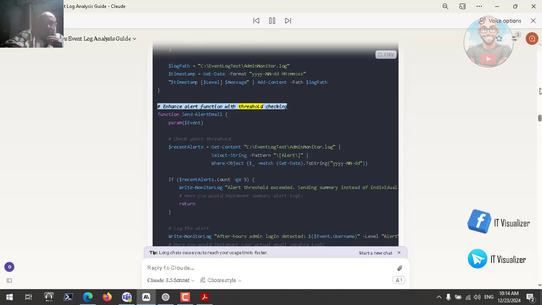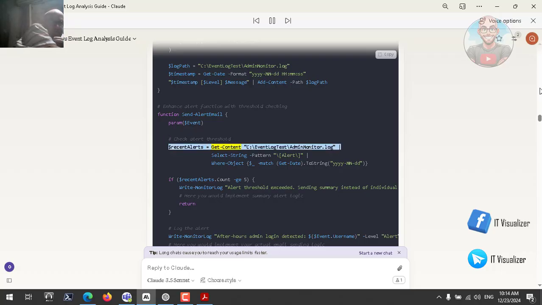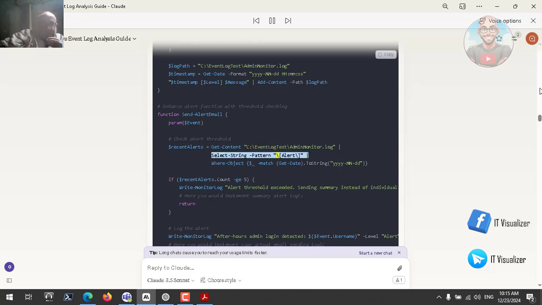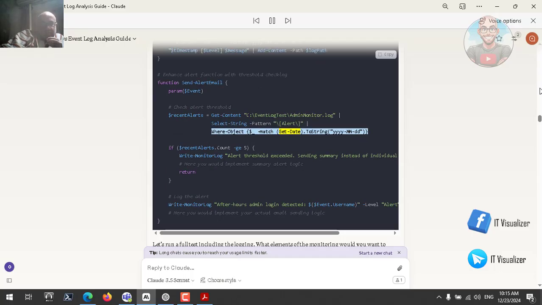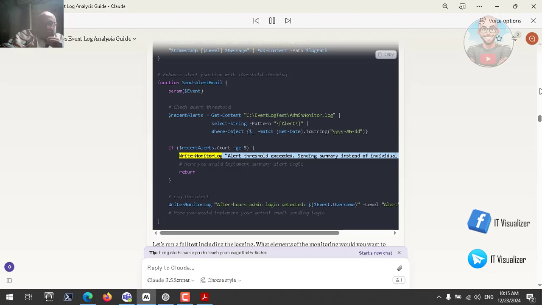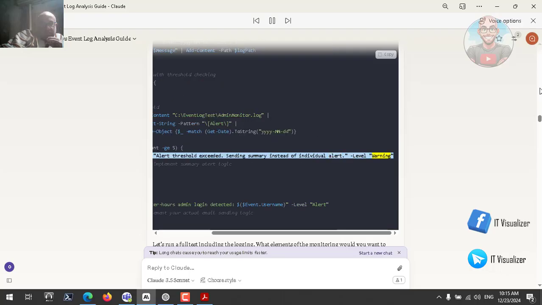# Enhance alert function with threshold checking: function Send-AlertEmail { param($Event); # Check alert threshold: $recentAlerts = Get-Content "C:\EventLogTest\admin-monitor.log" | Select-String -Pattern "ALERT" | Where-Object { $_ -match (Get-Date).ToString("yyyy-MM-dd") }; if ($recentAlerts.Count -ge 5) { Write-MonitorLog "Alert threshold exceeded. Sending summary instead of individual alert." -Level "Warning"